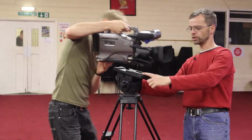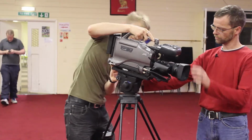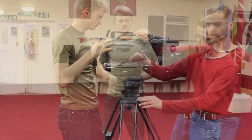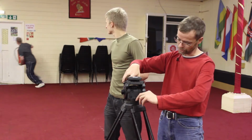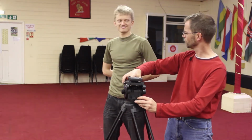Remember, it slots in at the front and clips in at the back. There we have, the camera is nice and firm on the tripod. Have a bubble there, which was